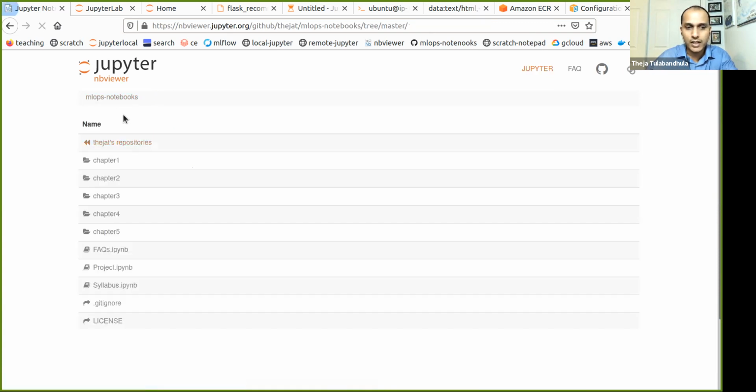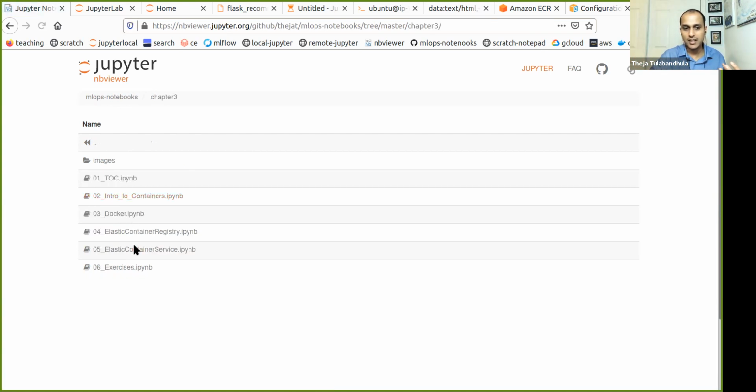So what I'm going to do now is, instead of going to chapter 4, which is about Kubernetes, which is just a replacement for ECS. What I was trying to show in chapter 3 was ECS as a managed service provided by a vendor, AWS, for dealing with containers.